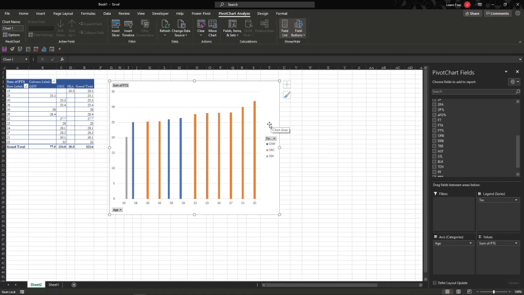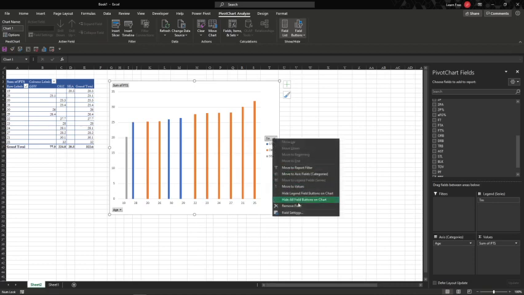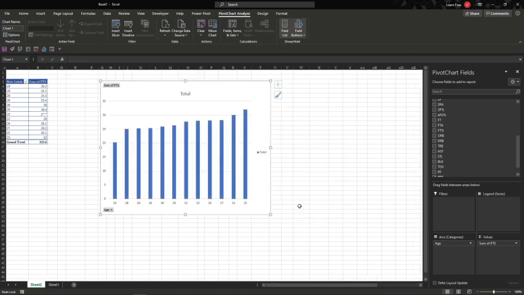So let's say you send this and she says, I don't care about the teams. I just want to see age over points. Okay. So you can go here, right click it, and you can remove that field. Hey, what do you know? But it's out of order. So that's our problem here. You can do one of two options. You can sort here,